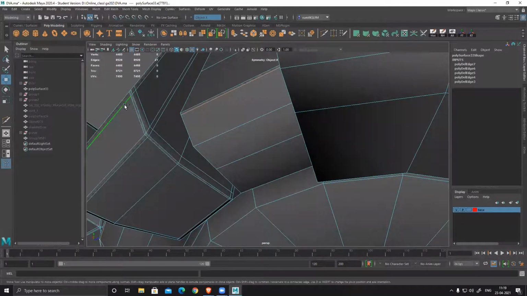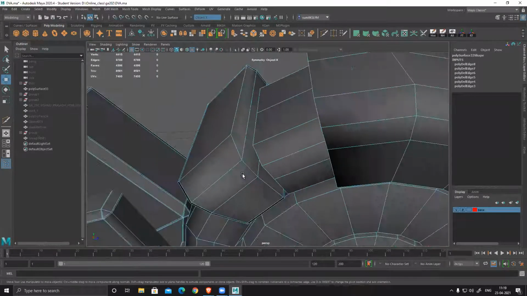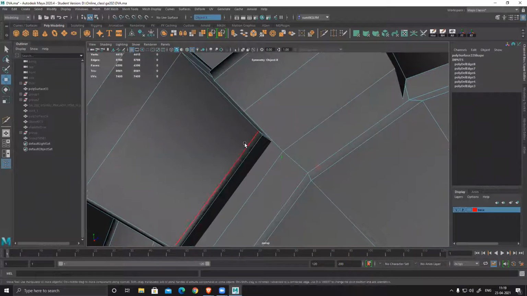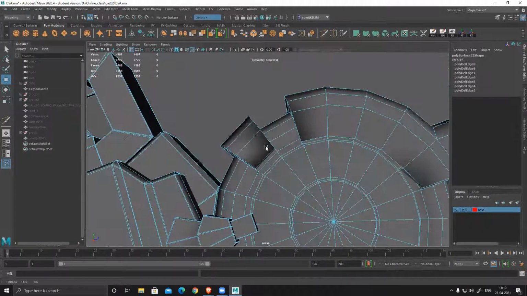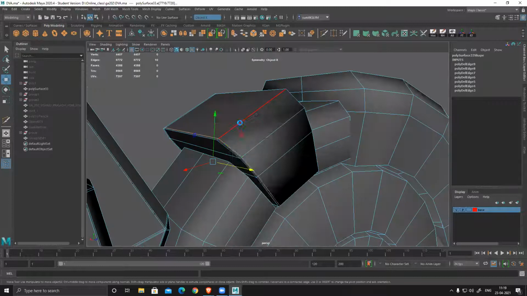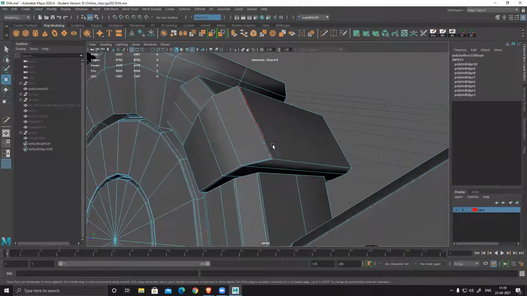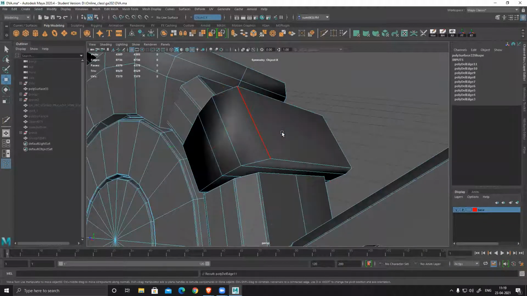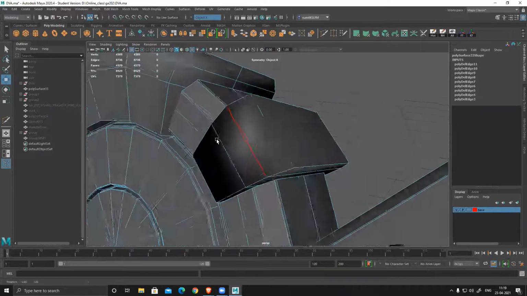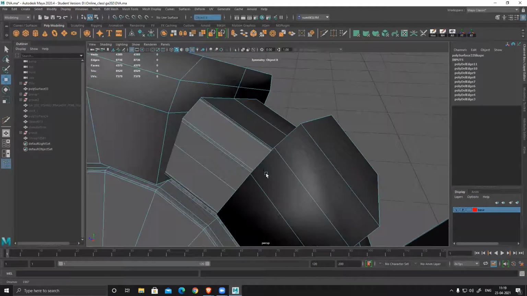While blocking out, while creating high poly, we need all these loops. But for low poly, we don't need them because low poly should be highly optimized and game ready. So game ready models are as low poly as possible, depending upon the quality. If we are creating a hero asset, like a main character's weapon or something, in that case,